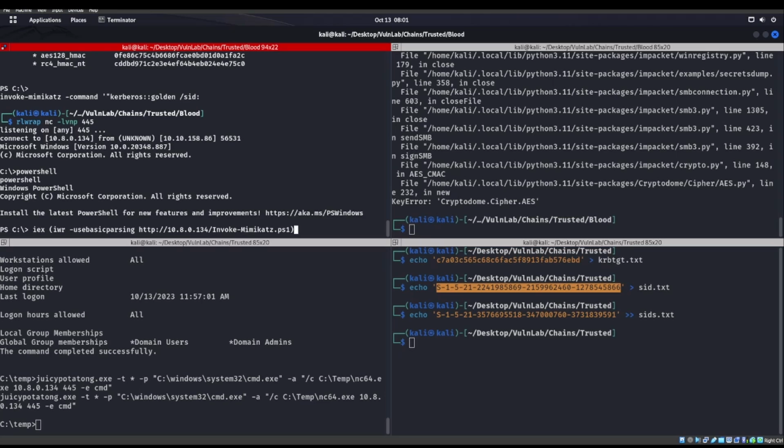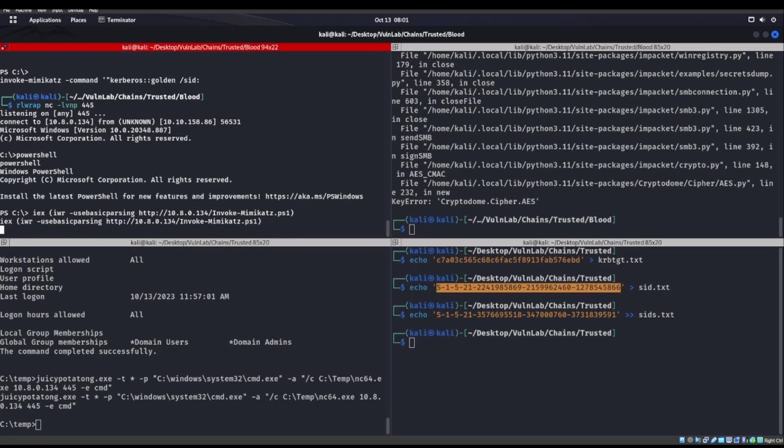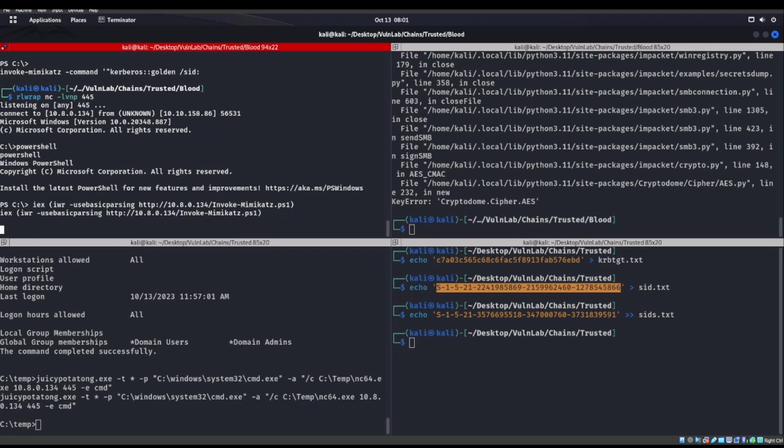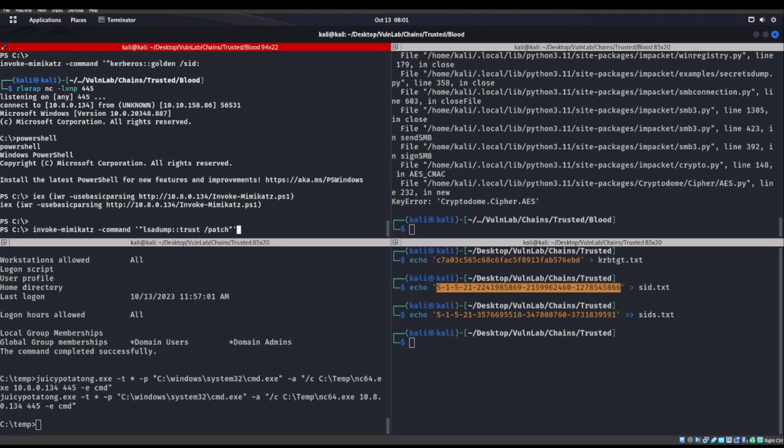Let's get mimikatz back on the machine. We can also do this with mimikatz.exe, just so y'all know. Okay, now we just need to